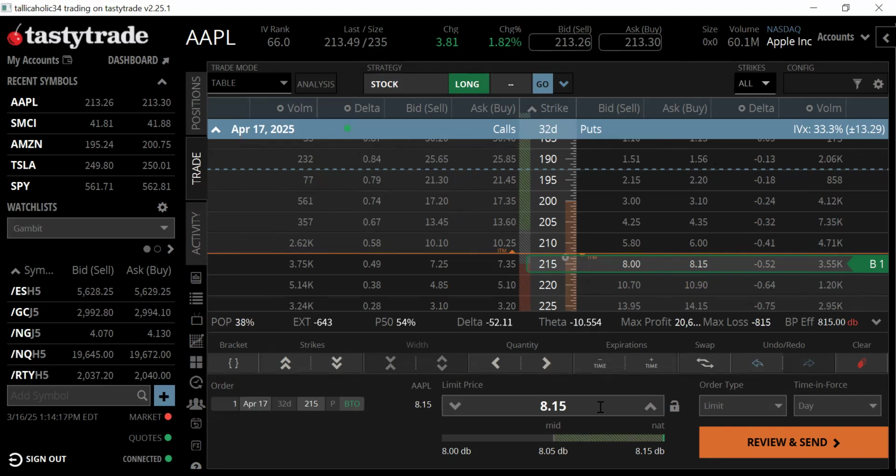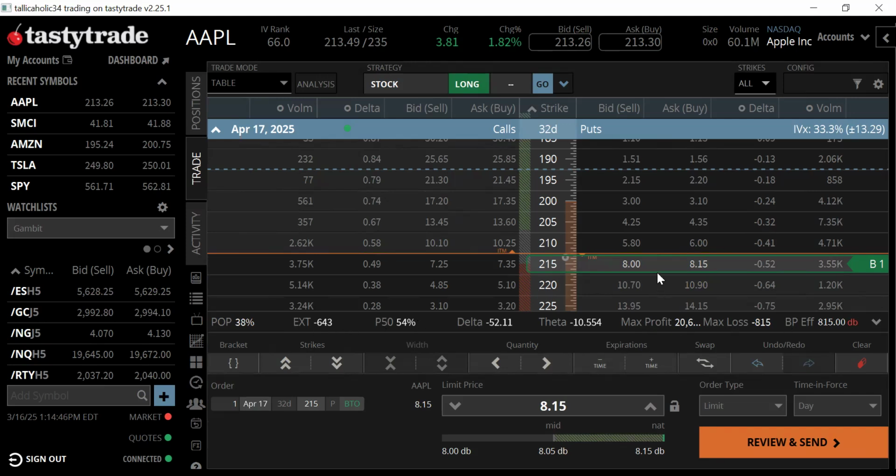So let's say we're going to purchase this put. We say, yes, Apple is going to go down. We've got a $13 expected move in here by the April monthlies. We're currently trading at 213. I think we can be under 205 by this expiration. So if we don't want to pay this much money for this option, because it's too much capital for us to allocate in one stock, what have you, or you don't like how this is laid out with your max loss and your probability of profit,